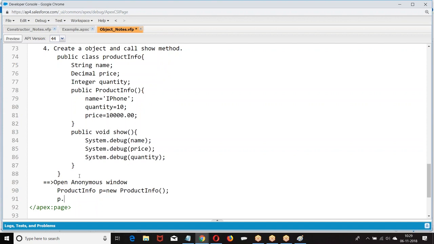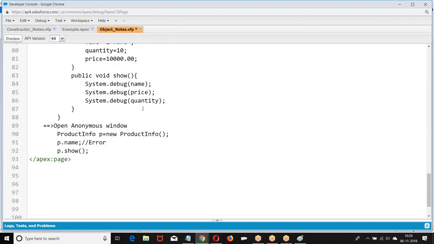Now if I give p dot name, since name is not public, I cannot call it, but I say p dot show. Can I call the show method? In the show they are printing. I am not calling p dot name, I am calling p dot show. Show is public, so that show method is printing the data.